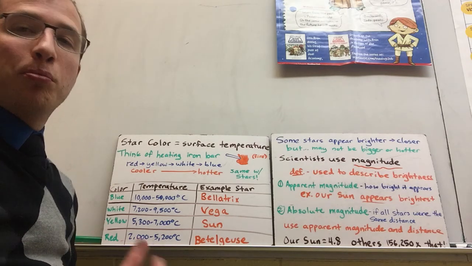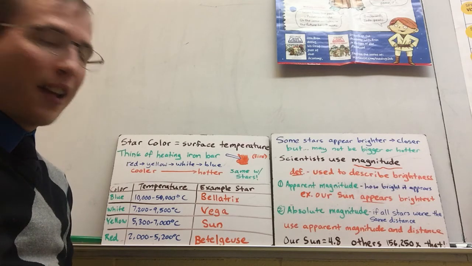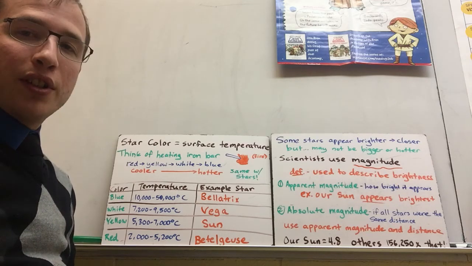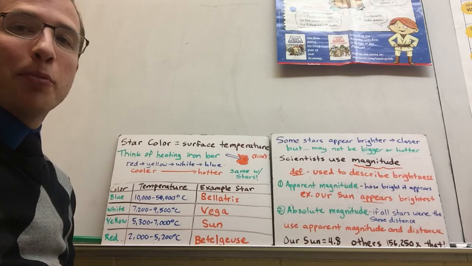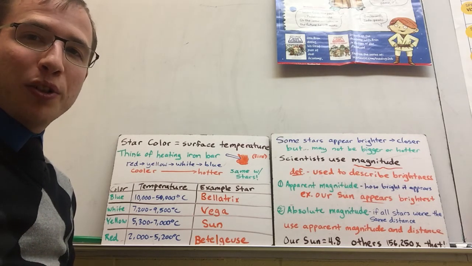And if we look at a blue star, the hottest, a blue star is going to be between 10,000 and 50,000 degrees Celsius. And an example is Bellatrix. If any Harry Potter fans are out there, Bellatrix Lestrange,